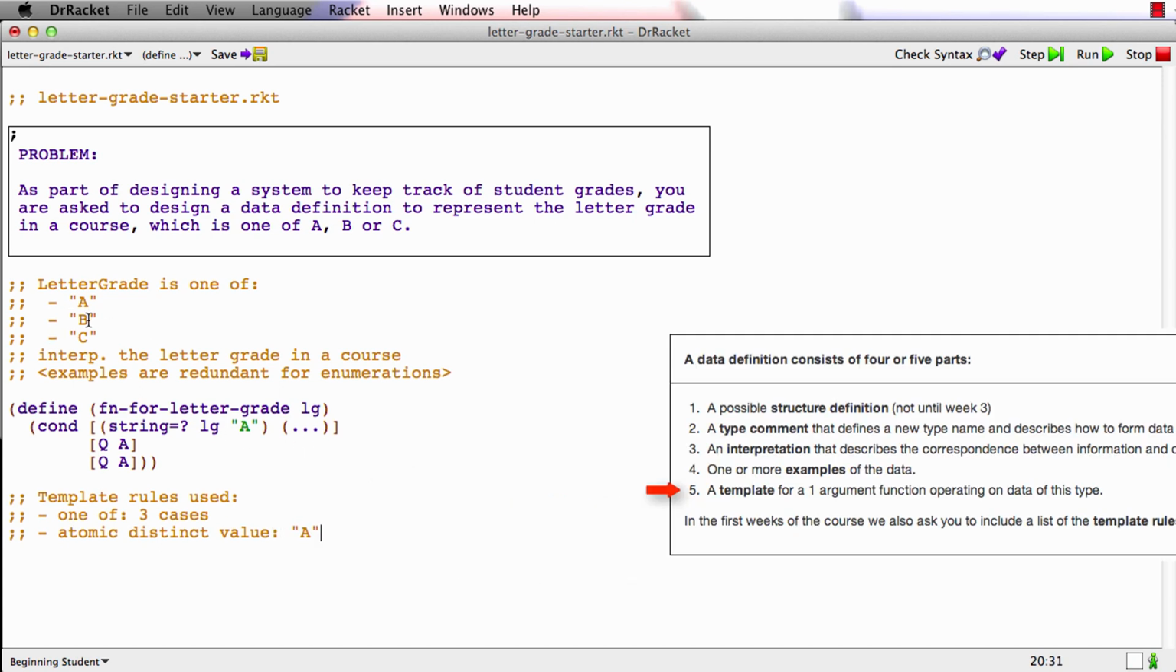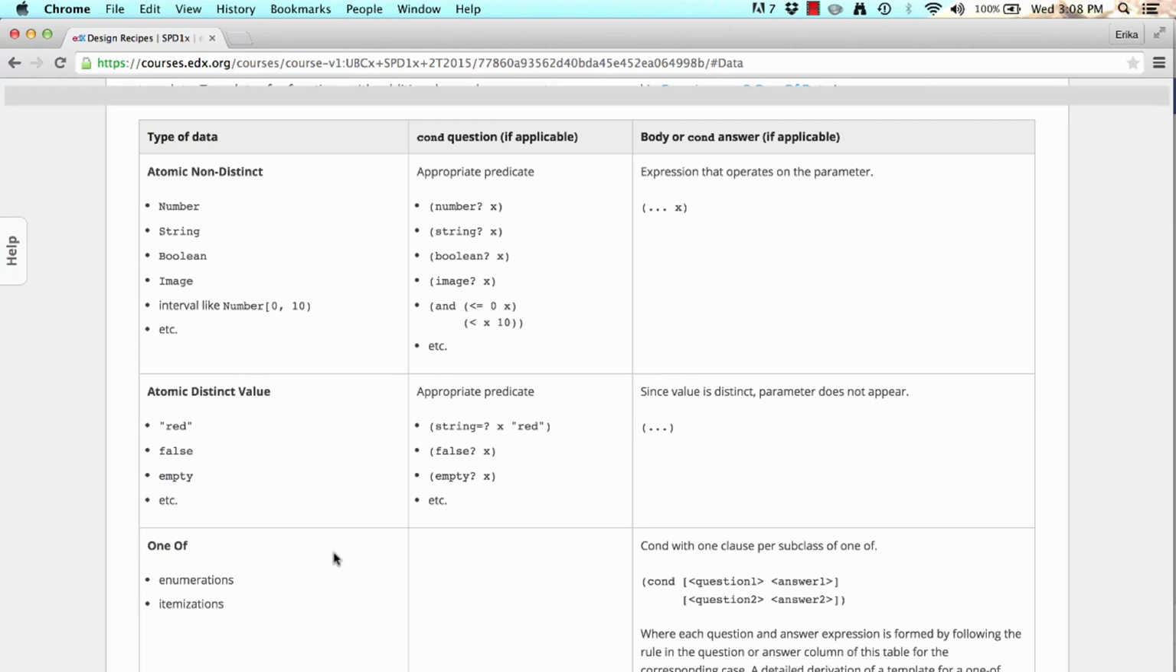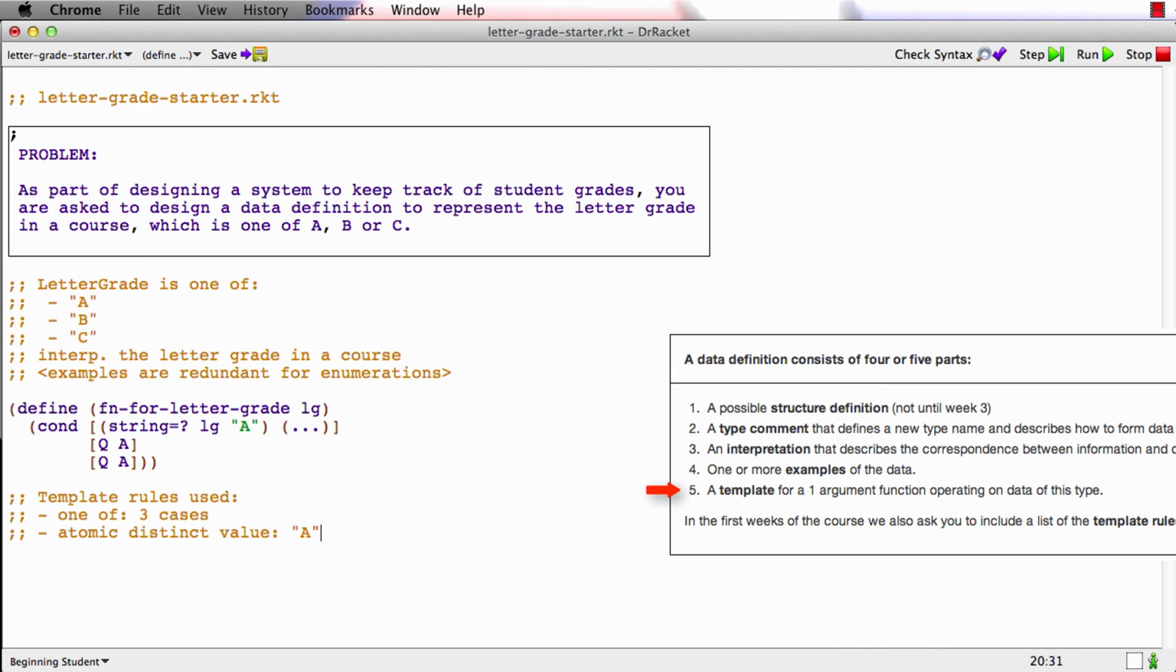Now we go on to the next row. Well, the next row is the string B. So we could go back to the table. Let's see, the string B is an atomic distinct value. So the cond question will be an appropriate predicate, and the cond answer will be open paren ... close round bracket. So let's see, the cond question is string equal question mark letter grade to B, and the cond answer is ... And this is atomic distinct value